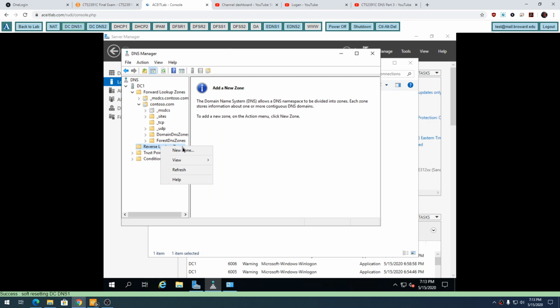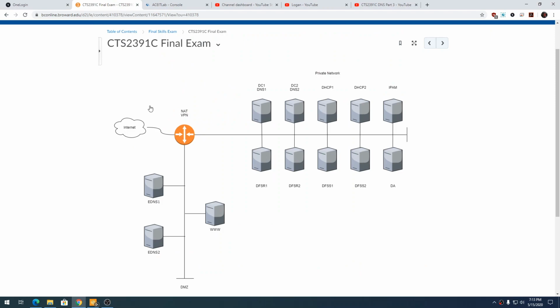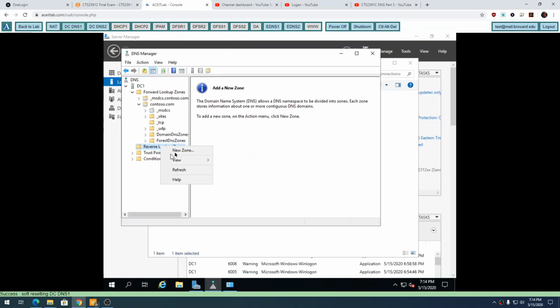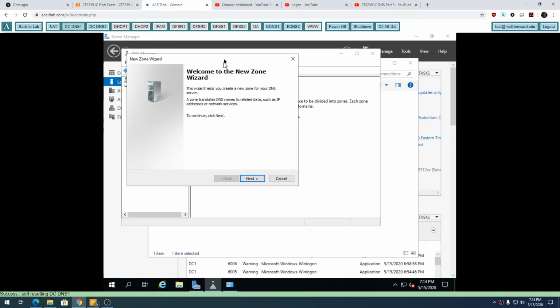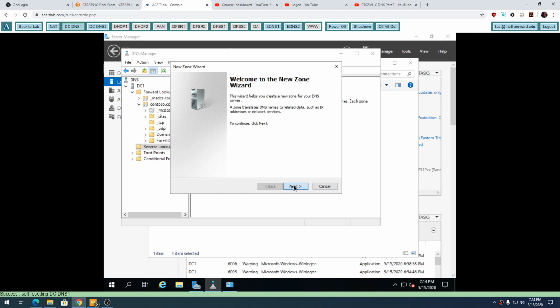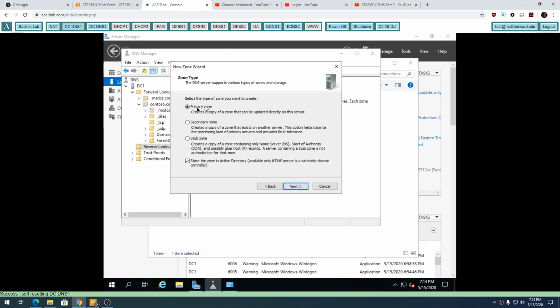So I'm going to create two zones, one for this private network and one for this DMZ network. I want to resolve any of these IPs to names and any of these IPs to names. So I'm going to create a new zone. It's going to be a read-write copy. But instead of storing all the information in a text file like we did on these two DNS servers, it's going to store it in the Active Directory database,